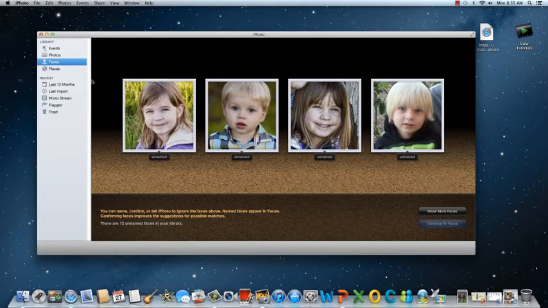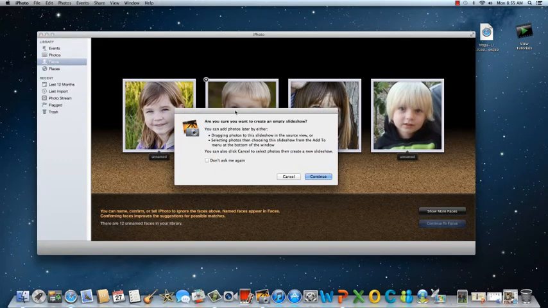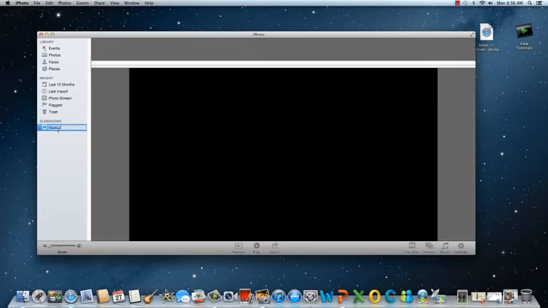So what we're going to do is we're going to come up here to File, and we're going to start a new slideshow, okay? An empty slideshow, yes, we're going to create an empty slideshow because we're going to add the pictures to it. And so hit continue, and then you can name your slideshow, and I'm just going to put